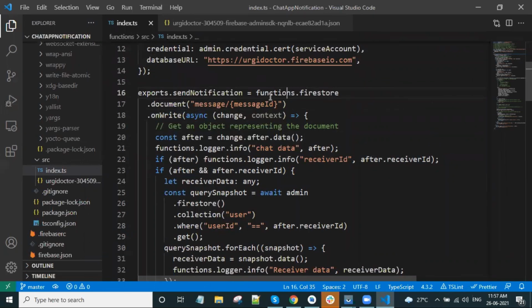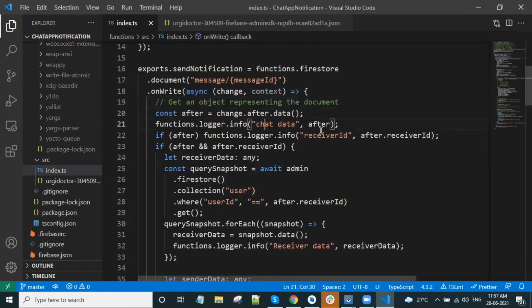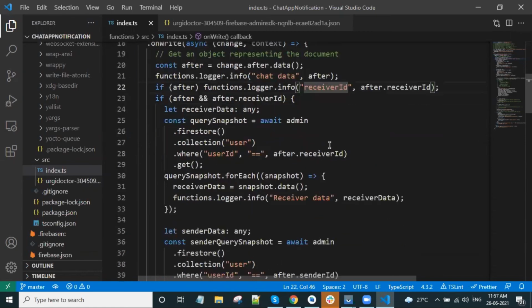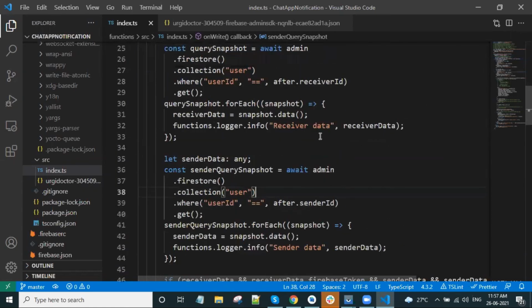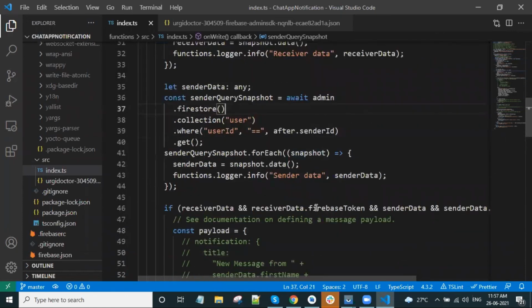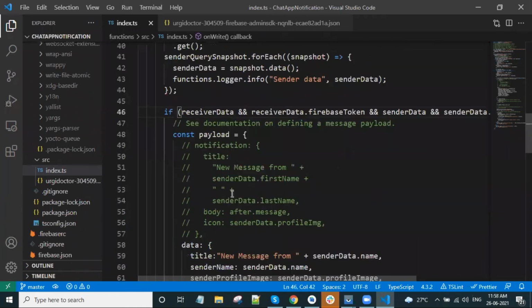The Firebase trigger is created on the messaging table. If any data has been written or updated in Firebase, I will get a trigger here. So once I get the data, I see exactly what data has been added. I'm getting the data of the receiver user and the sender user. We need the receiver and sender users because we need to get the push notification token from the receiver, and that push notification token I have added.